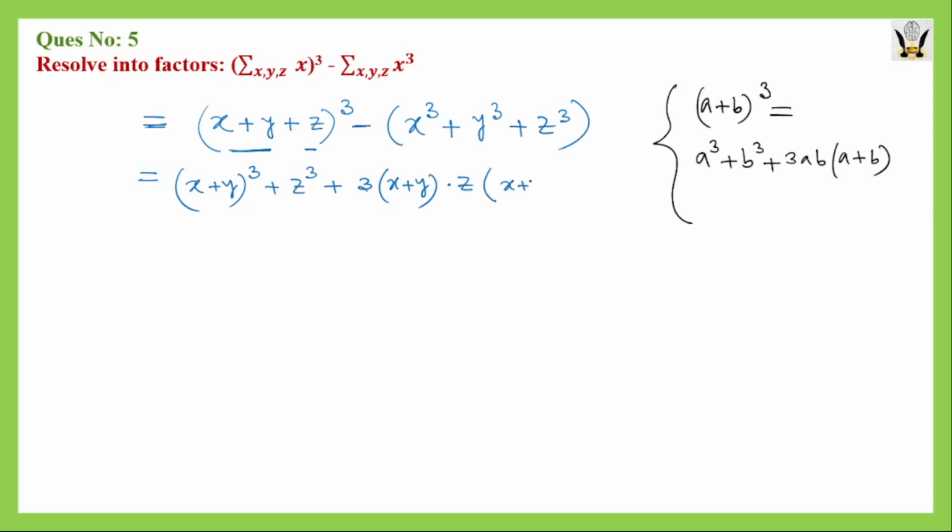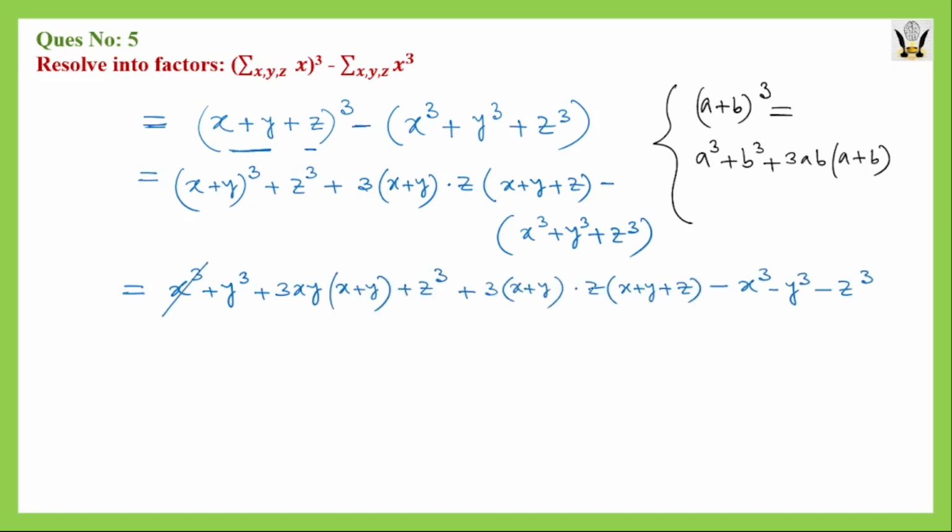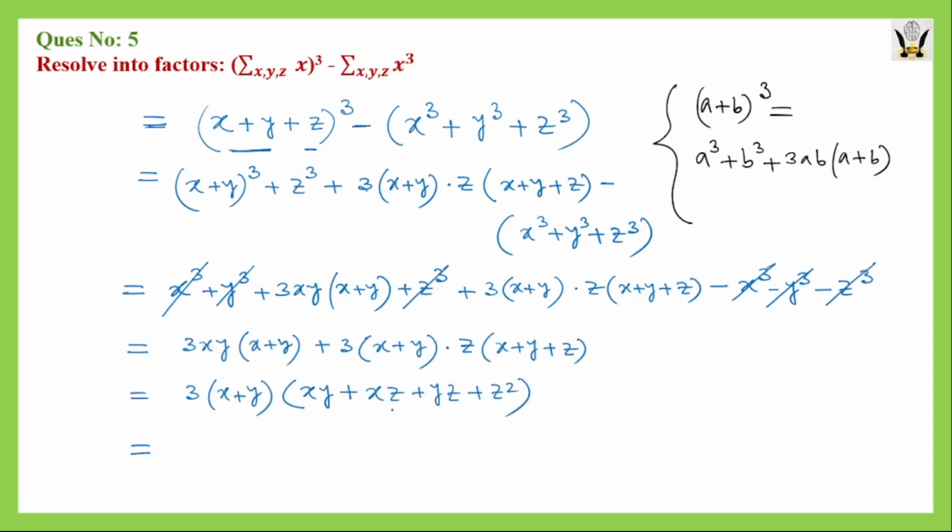and then we will have a plus b, so x plus y plus z again. And now again on this first term, if we apply the same identity, then it will be x cube plus y cube and then plus 3ab, so 3xy and then x plus y. Then plus x cube and minus x cube will cancel each other, plus y cube minus y cube and plus z cube minus z cube will cancel each other. And now the second term, if we factorize further, then we will be getting